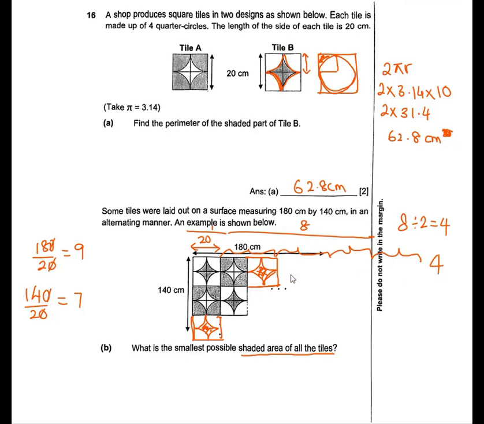Now, how many such rows can be here? Because the total was 7. As we said, we have 7 squares here like this, which means in one row I have 4 of them. I will have 7 of them like this, which will cover this entire region, all of these together. So in one row I have 4 squares. I have 7 such rows. 4 times 7, so I have 28 shaded squares